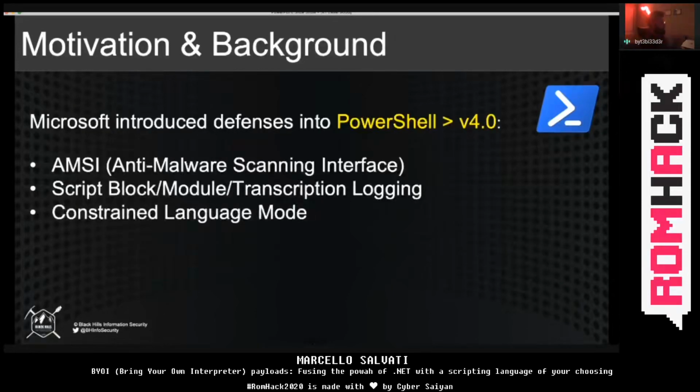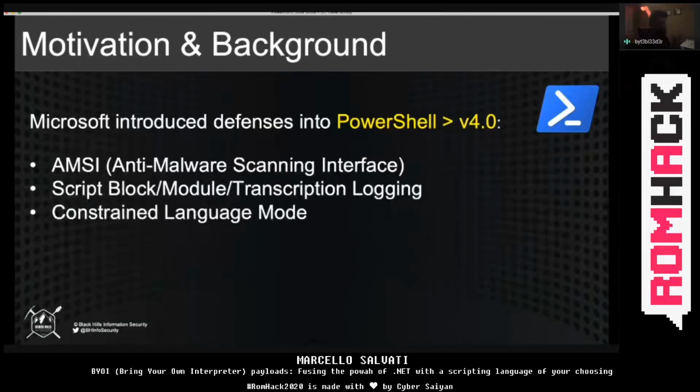Starting with, actually, I don't recall off the top of my head, but I think starting with PowerShell 4.0, I might have typoed that. I think I might have meant PowerShell 5.0, but I think it was 4.0. Microsoft introduced a bunch of defenses into the PowerShell runtime in order to start combating, or at least getting rid of, the low-hanging fruit, trying to deny the lowest common denominator attacker access to endpoints, right? And they did this by introducing AMSI, which is nothing but a signature-based AV engine inside